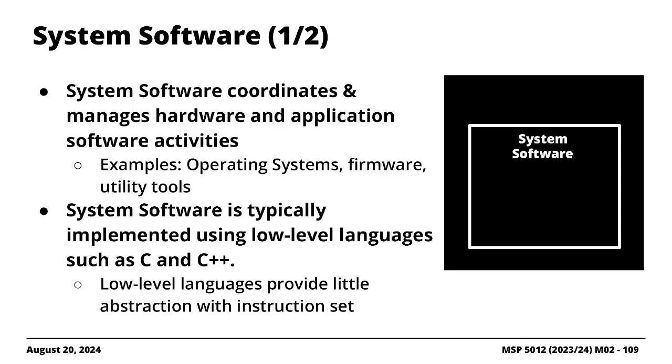Okay, the last part here is the reason why we've been saying and singing the song to the effect that application software does not directly interact with the hardware. It must go through system software. So system software is essentially there to coordinate and manage application software activities and hardware. You see, the hardware bit here is pretty straightforward, right? It will manage things like